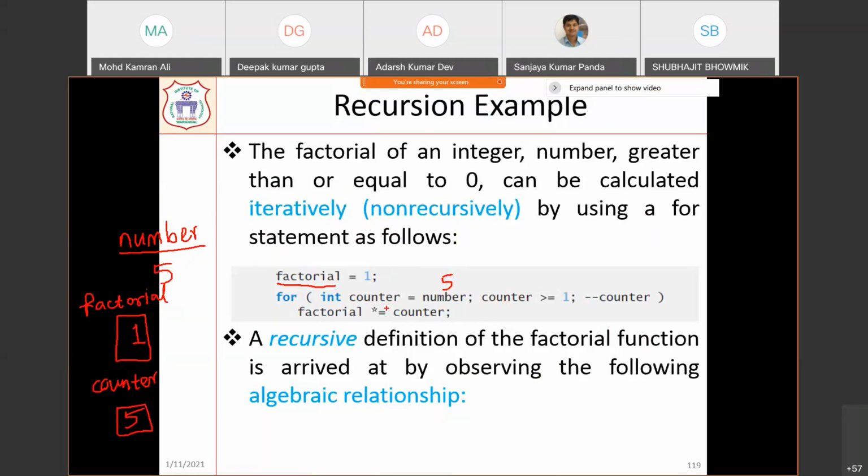What you have written? You have used a shorthand operator. Factorial is equal to factorial into counter. So what is the factorial value? Factorial value is 1. Counter value is 5. 1 and 5 I will multiply and I will replace with factorial. This is equivalent to, if you see,